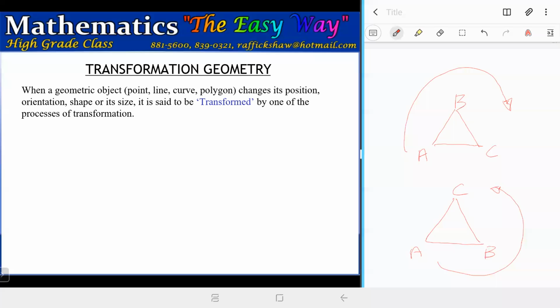So any change that a geometric object makes, including geometric objects such as points, lines,